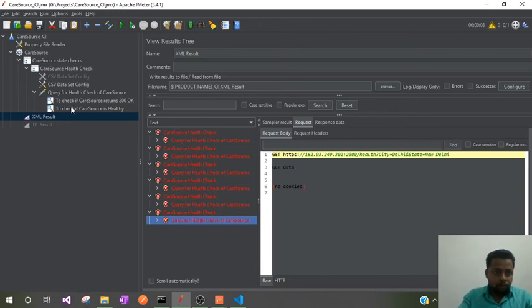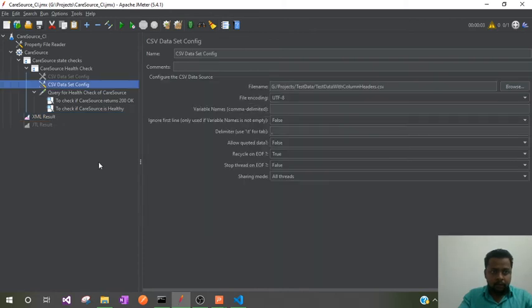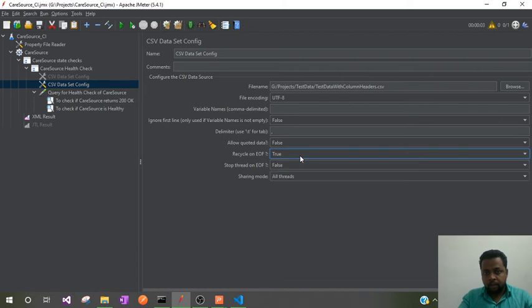So yeah, and let me go back to CSV dataset config and show one more thing, the configurations of CSV dataset config. Here we can do multiple things with this config element. We have a flag called recycle on end of file. Once we set this flag, it keeps on recycling.